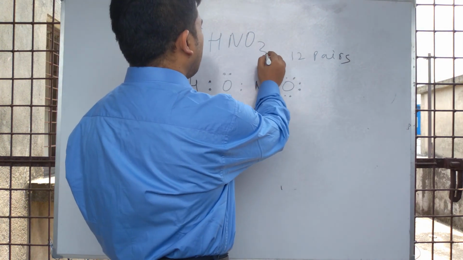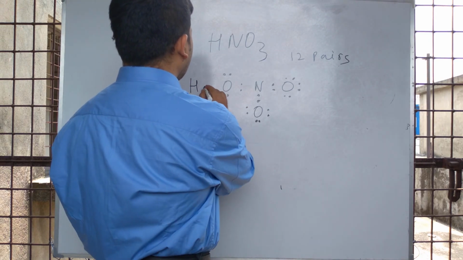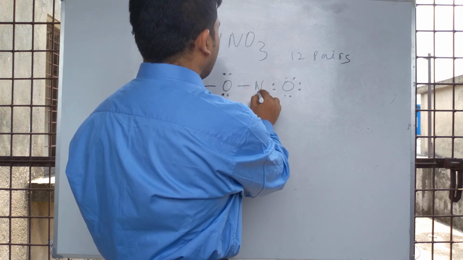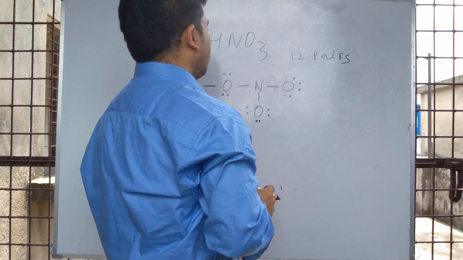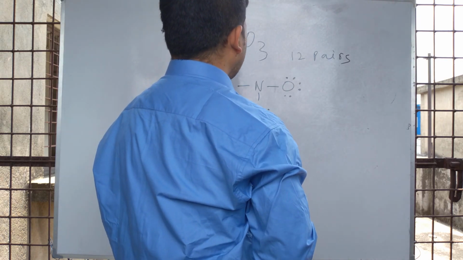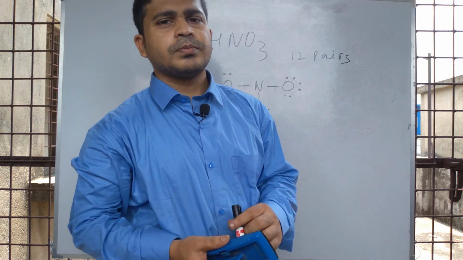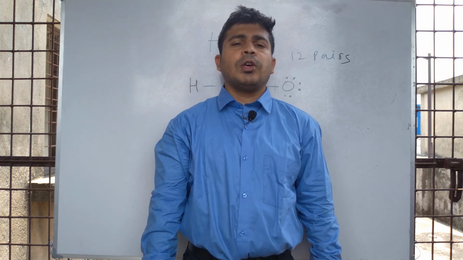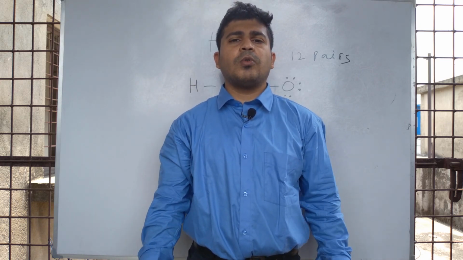So this is the structure of the HNO3 molecule, and if we write it in bond line form, this one is a bond, this one is a bond, this one is a bond, and this one is also a bond. So this is the bond line structure with covalent bonds of HNO3, and I think you understand how to write the structure of covalent compounds and show covalent bonding formation, and what the important conditions for covalent bonding are.